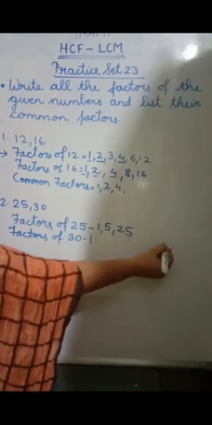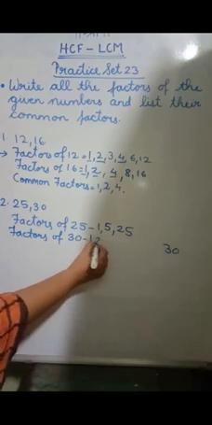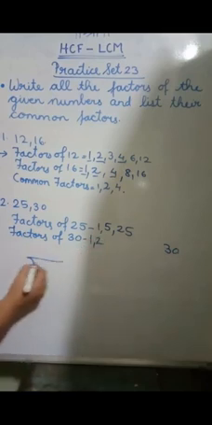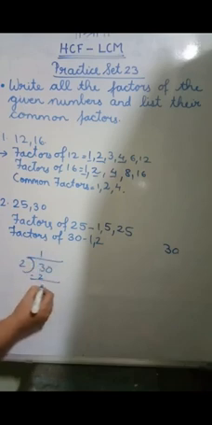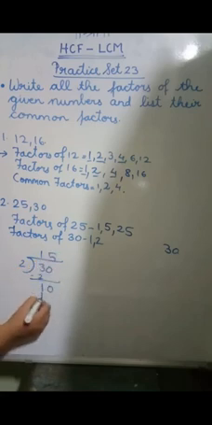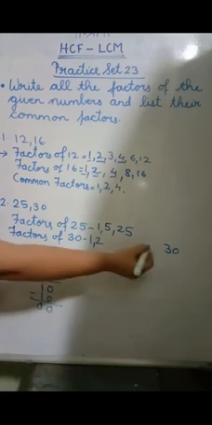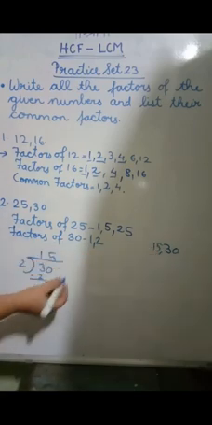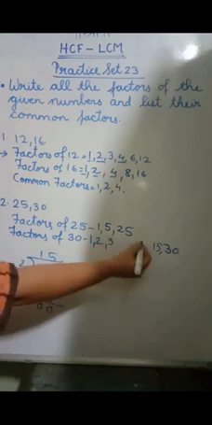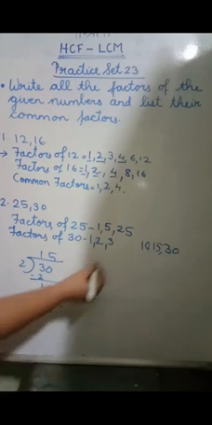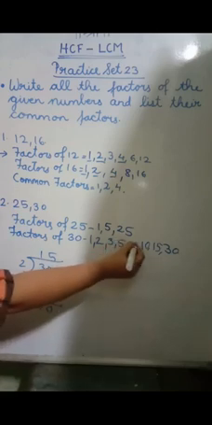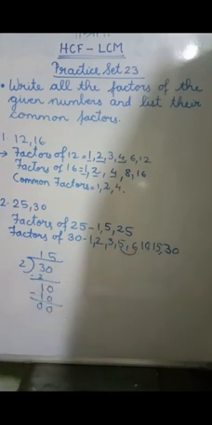1 and 30. 2 how much are 30? If you don't know, children, do it in rough work and see. 2 into 30, 15s, no? 2 ones are 2, 1 will remain. 2 fives are 10. Is the remainder 0? Then what is that? 2 fifteens are 30, so write 15 here. Next, the 3 table. Surely 3 tens are 30. Yes. 4 table, no. 5 table, yes. 5 sixes are 30. Did you get the pair side by side or the number itself? Okay. So the factors are finished.